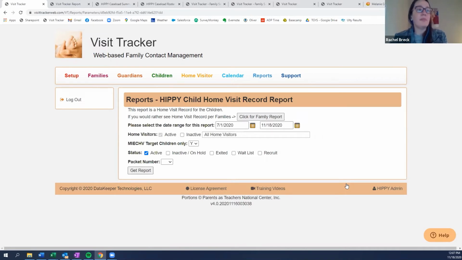Okay, so we're going to run it per child. Again, for whatever day range you're looking at, presumably this program year, and the same filter about home visitors, the same filter for McVie. You'll see these same filters over and over. And the status of the child or the family. I guess this would be the status for the child because we're running a child report. So if you hit get report and leave packet number blank,